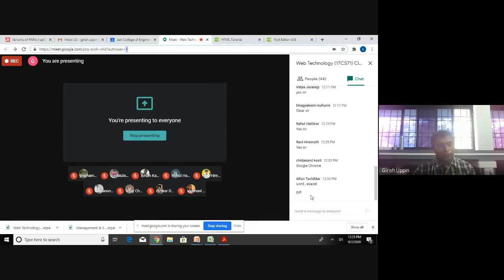Then any kind of photo editing, video editing software, which normally you don't do on a website. Even nowadays, websites provide the facility to edit photos and videos. There are certain open applications over the internet, but these are the applications which you will download on your system.